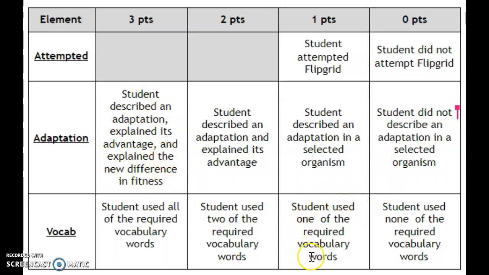For vocab, if you use one of the vocab words up here on the left, you'll receive 1 point. If you use two of the vocabulary words, you'll receive 2 points. And if you use all three of the vocabulary words from the left, then you'll